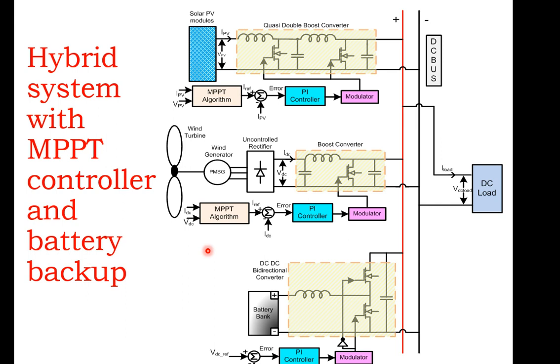If you can incorporate the same in the hybrid system, over here we have the reference voltage that has been compared with the actual load voltage, and these two systems are forcefully operating at this voltage. In a similar case, the output has been derived from the various systems that are to be incorporated at the hybrid system level. So this is for the battery backup system.